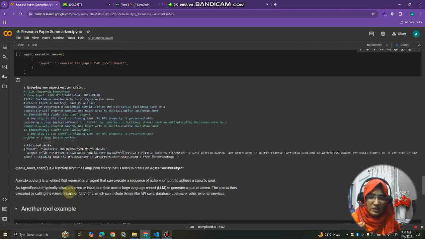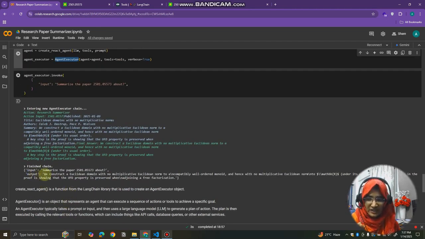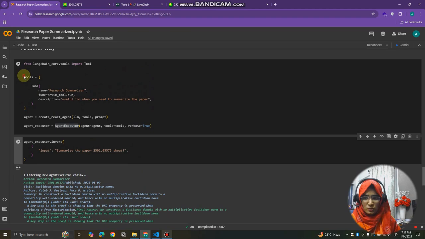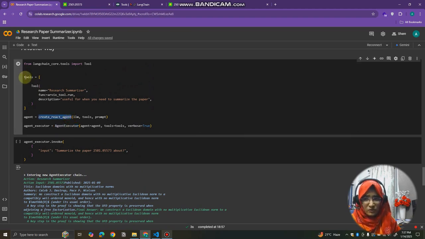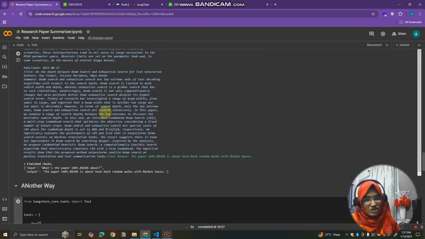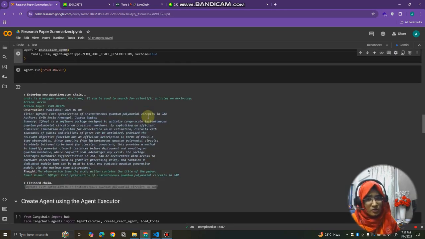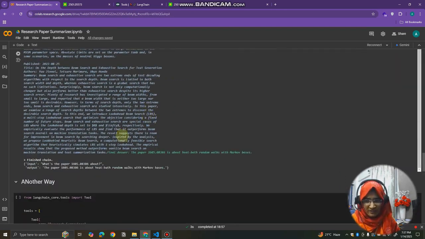And you know that we are getting the output that we wanted, right? We just wanted a summary of the research paper. We don't want extra things. So now we have the things, right? Now you may have the question in your mind that okay fine, we are using this tool with this create react agent. Can we use these tools using the initialize agent? That initialize agent we have here. So yeah, you have this. We are having another example here.